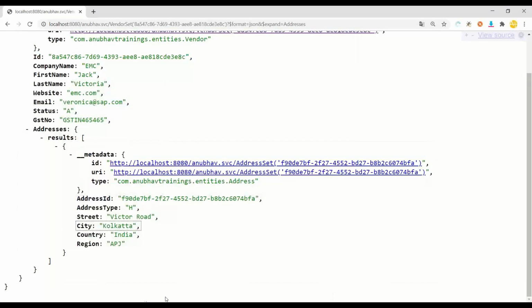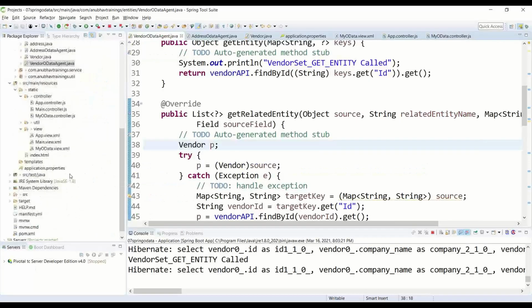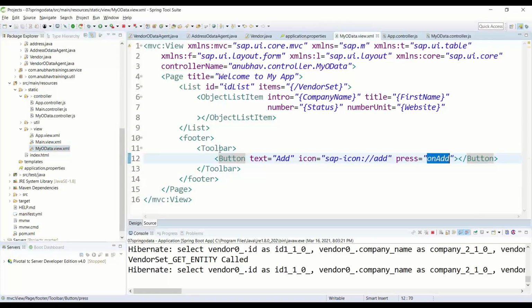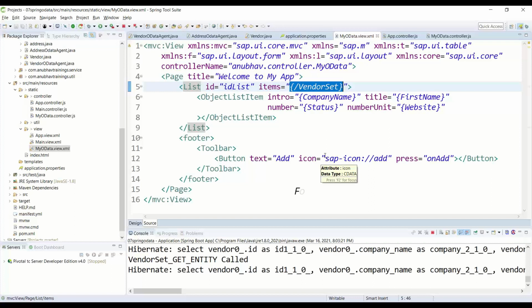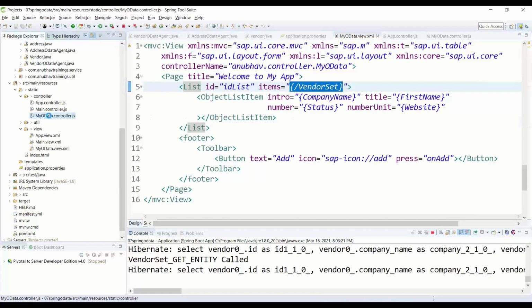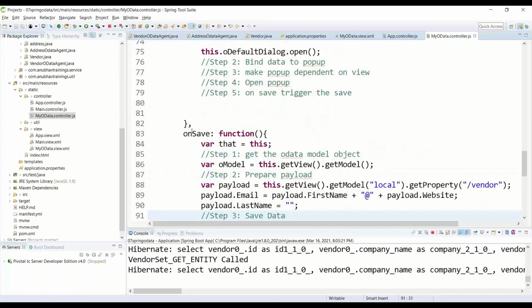Finally, we implemented a Fiori application. In the Fiori application, we are using a direct binding with the vendor entity set. That's the greatest benefit you get when we build OData services in Java. You can get direct binding done with Fiori. So we bind that, the aggregation binding, along with the relative and absolute path. And finally, we also implemented the post operation.